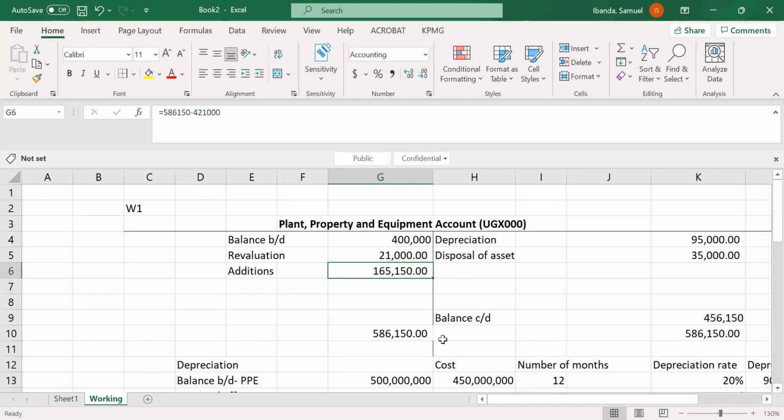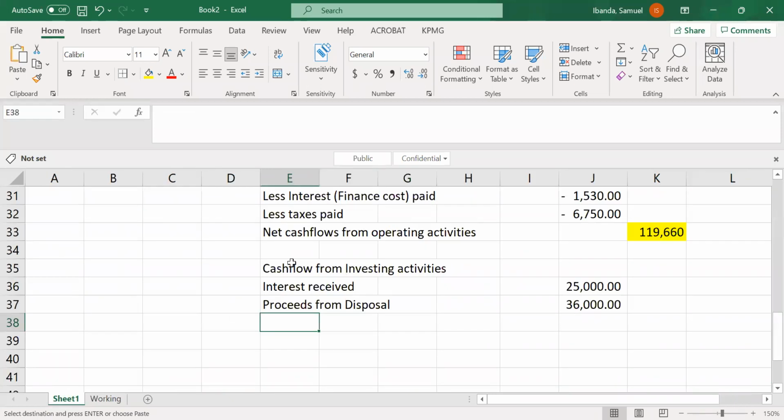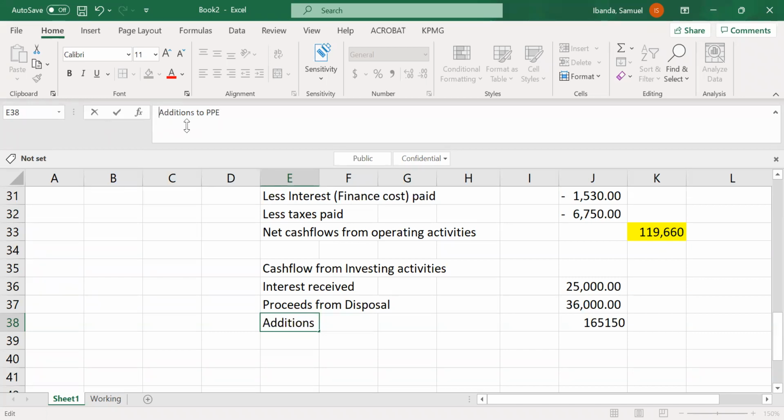So this 165,150 represents the additions that happened during the period. So you just bring it here and say additions. You can say additions to PPE. And this is usually payments for additions to PPE